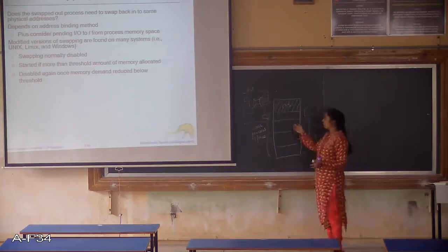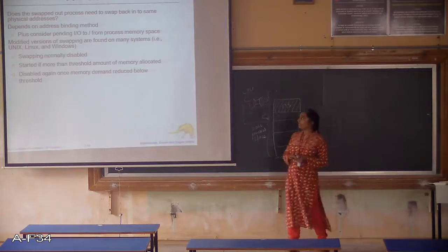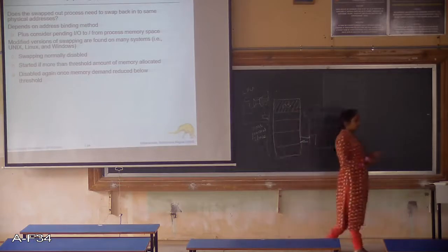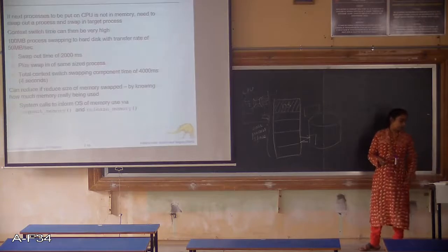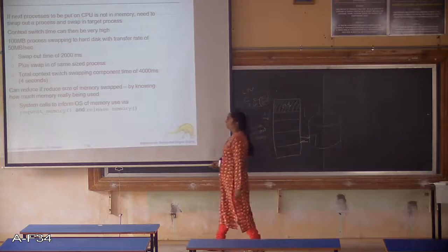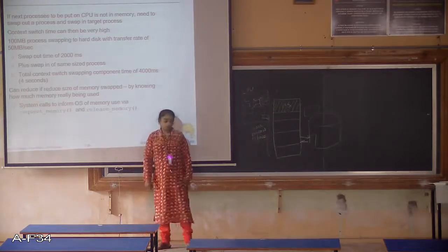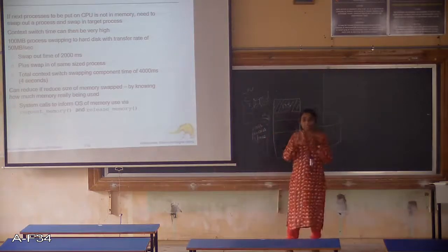So in that case, the system can be removed. You also need to take care that the memory requirements can be less or more. Processes can sometimes reduce the memory, and processes can increase the memory. So in that case, they always have to intimate the operating system with the request memory and release memory. This way you all will come to know the actual memory that is utilized by the process